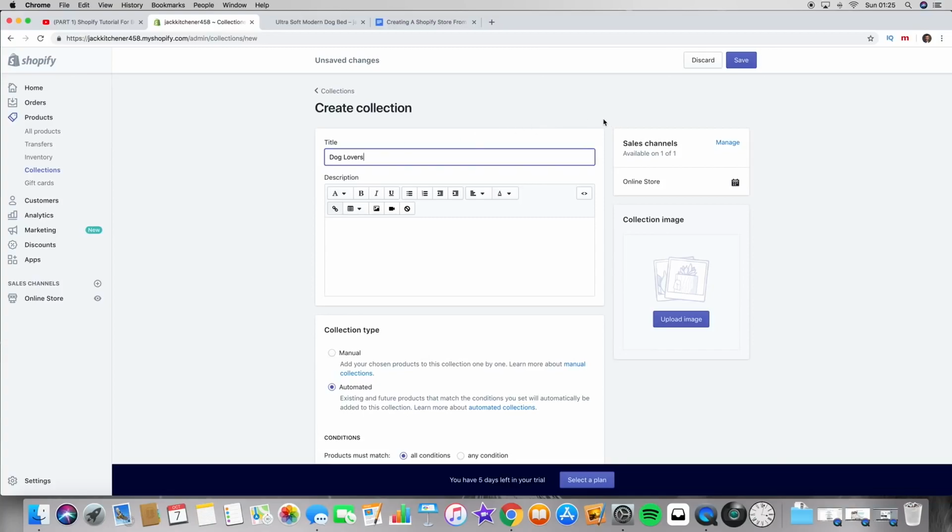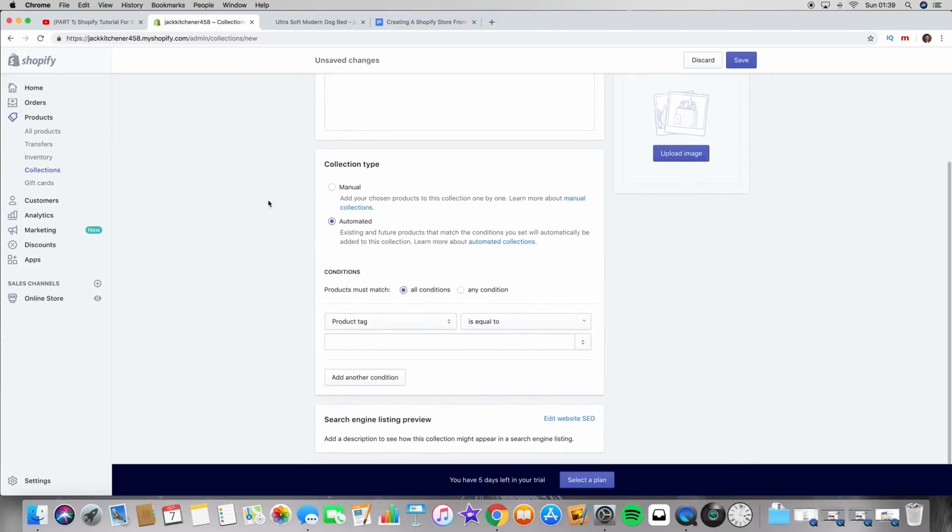It's just a bit more friendly and fun rather than just putting dogs or dog items or dog stuff. It's a bit warmer and friendlier to people who own dogs and essentially will love their dog. So Dog Lovers. So moving down the page then, it's going to take us to this collection type box, and